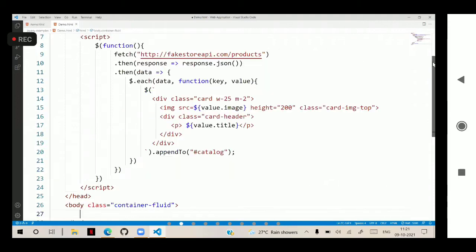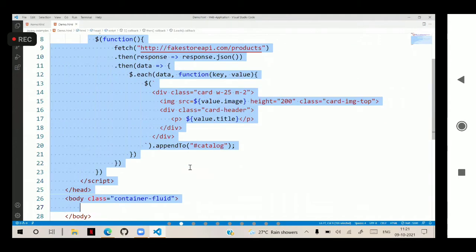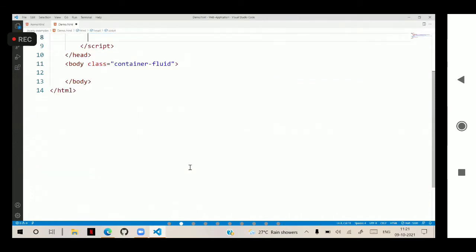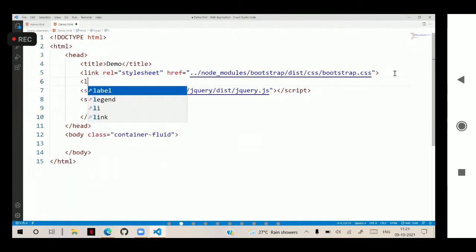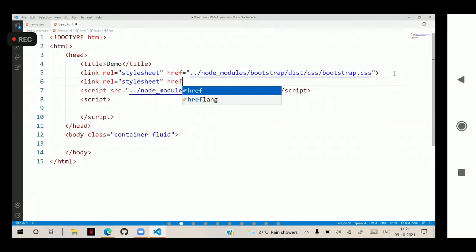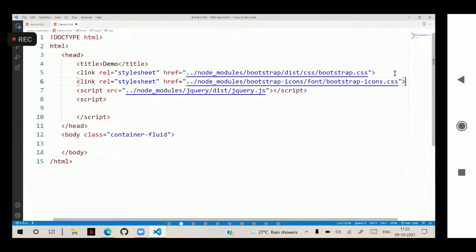So I will import Bootstrap, link rel equal to stylesheet, href the node_modules Bootstrap icons font icons.css, and in this Bootstrap icons.